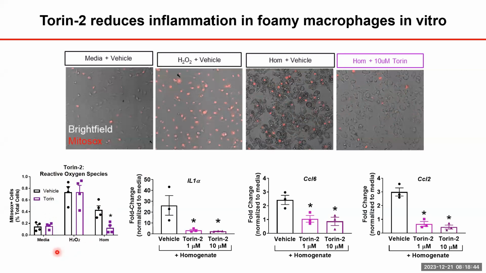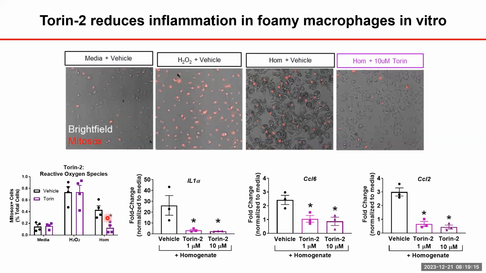Interestingly and importantly, if you treat with hydrogen peroxide, there's an increase in reactive oxygen species production. But when you treat with TORIN-2, the reactive oxygen species level is not significantly affected, indicating that TORIN-2 is not just indiscriminately reducing inflammation, but that this seems to be somewhat specific to an inflammatory state that is associated